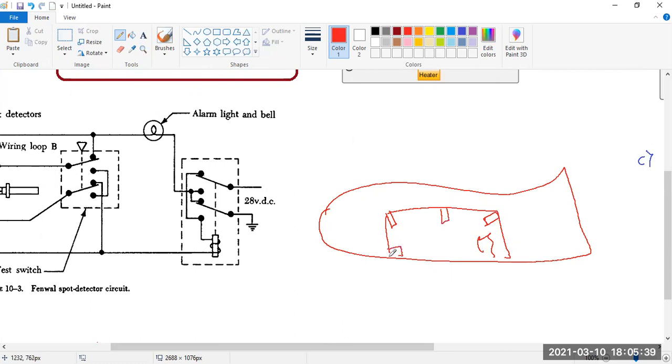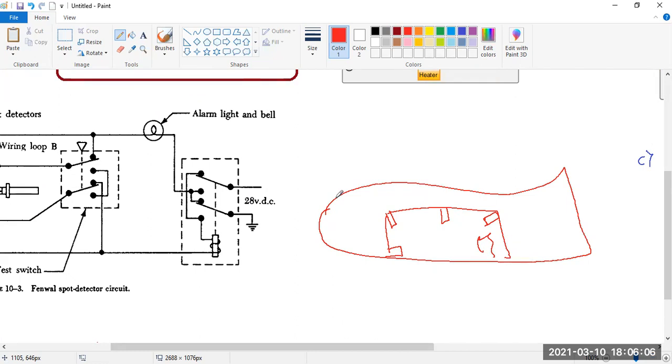So in the same cabin, that is the cargo compartment, I'm just giving you an example of a cargo compartment, it can be anything, I can have more than one detector, right? Imagine now the pilot who is flying the aircraft, and each detector is giving an independent light. In the cockpit there will be so many lights and the pilot will be confused. Fire here, fire there, where is the fire? He would be very, very confused.